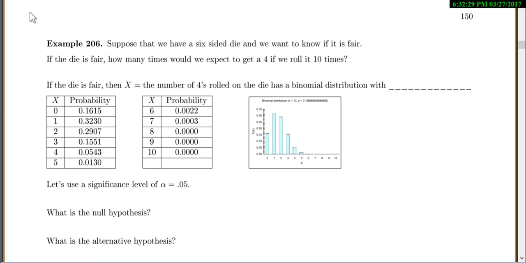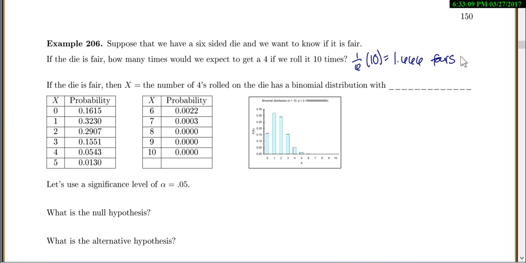So we've worked through one example. We're going to do a similar thing, but with a six-sided die and trying to decide if a six-sided die is fair or not. If a six-sided die is fair, how many times would we expect to get a 4 if we rolled it 10 times? Well, for a six-sided die, you'd have a 1/6 chance of getting a 4. And if you roll it 10 times, that would be 1.666 fours. I just picked 4s because I have to pick some number on the die. I could have said how many 3s or how many 2s would we get, but let's just look at the 4s on the die.